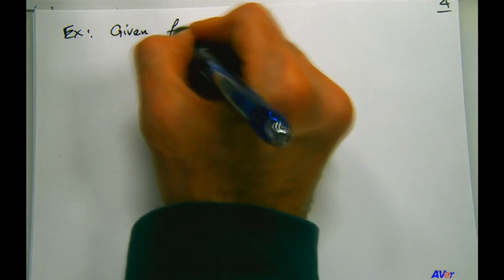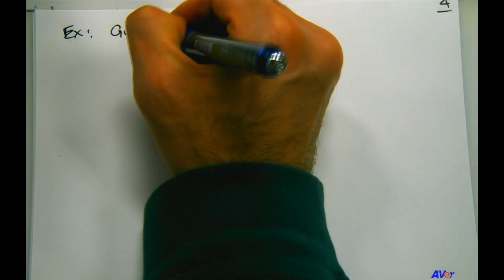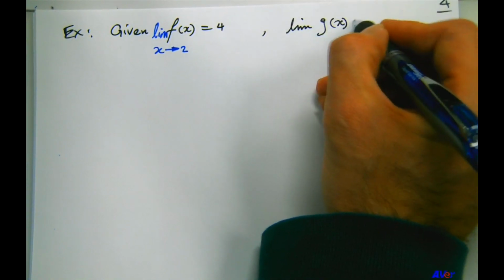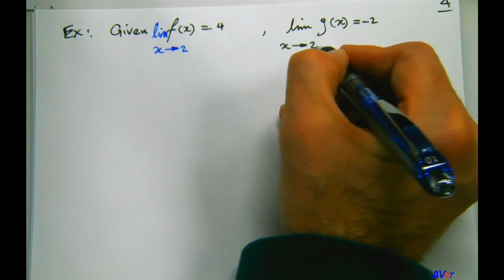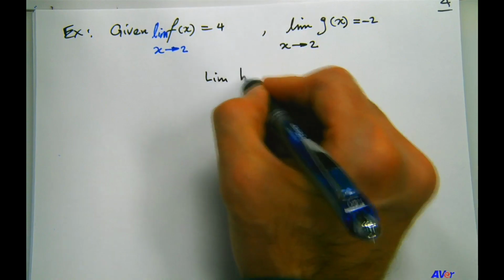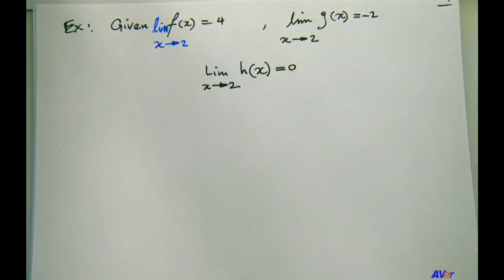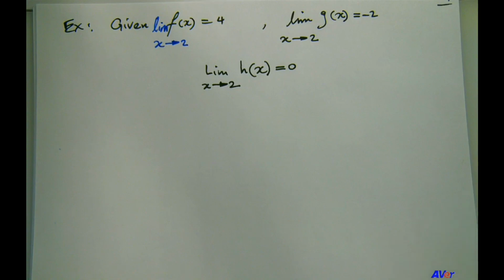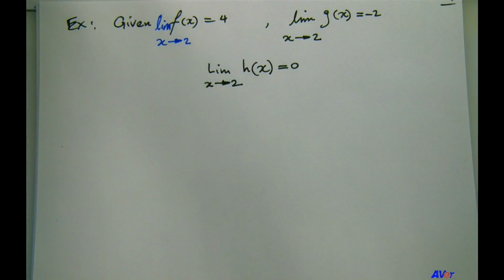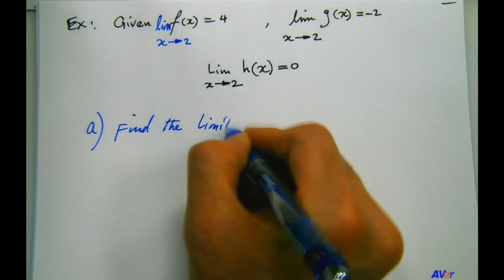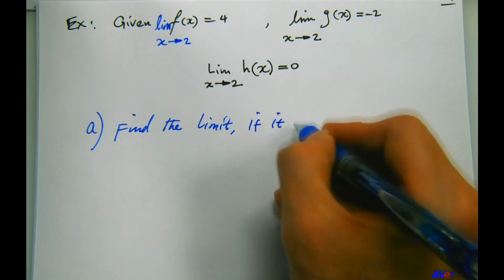three functions, let's call them f of x, the limit of this function as x approaches 2 is 4, and the limit of function g of x is equal to -2 as x approaches 2, and the limit of h of x is equal to 0 as x approaches 2. Okay, so these three functions each have a limit at 2 equal to these values, 4, -2, and 0. Then we want to find the limit, if it exists, right? It may not exist, but if it exists